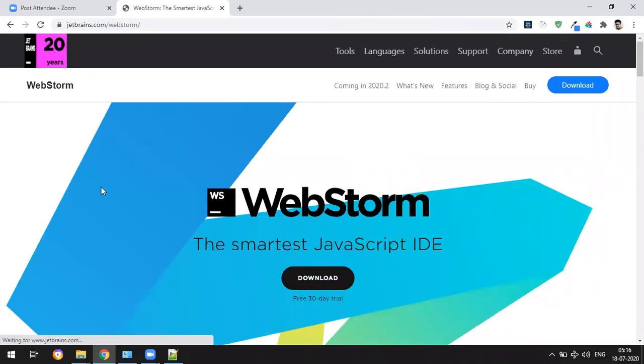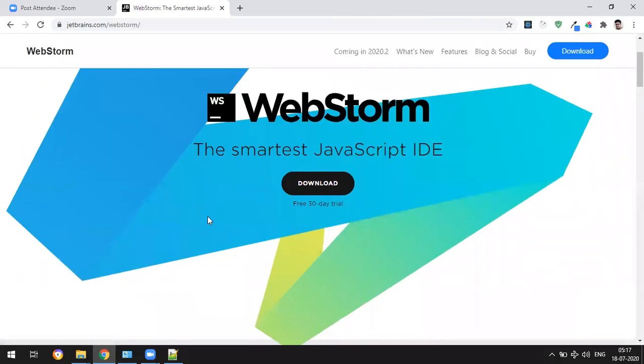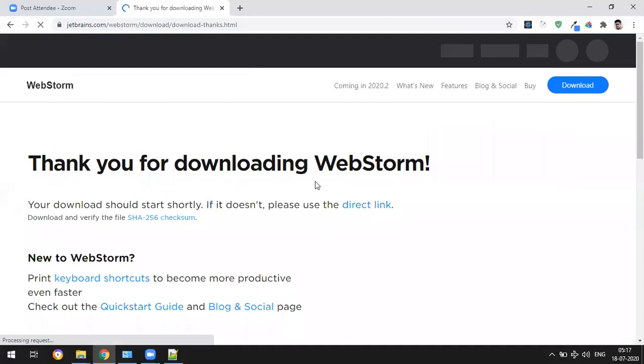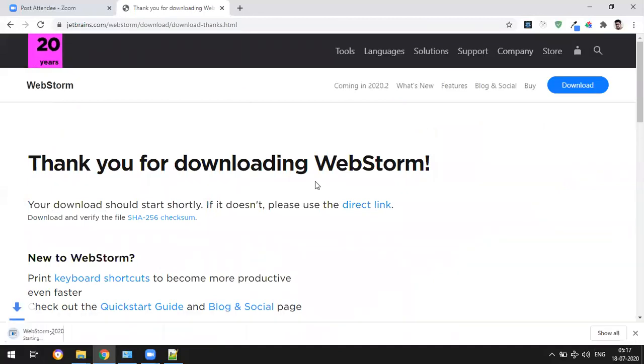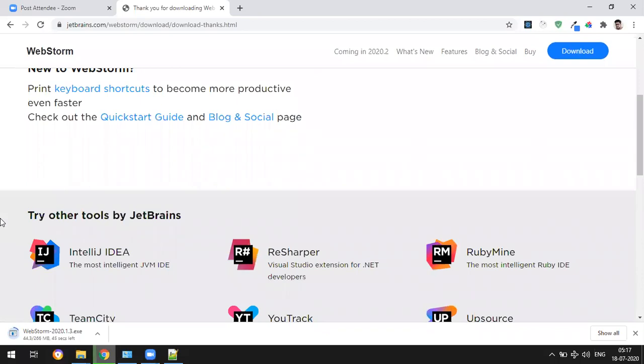Here you can see a 30 days trial version is there. You can just click on download. Just install as of now for 30 days. I'll tell you how to extend that for the coming days.